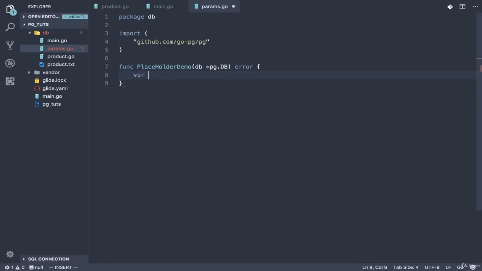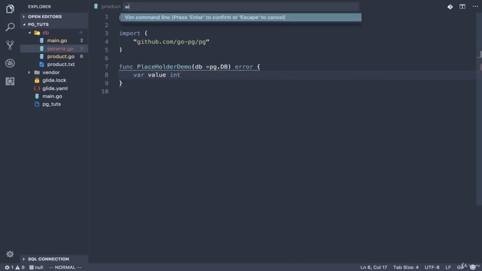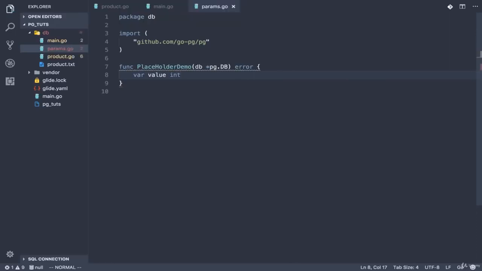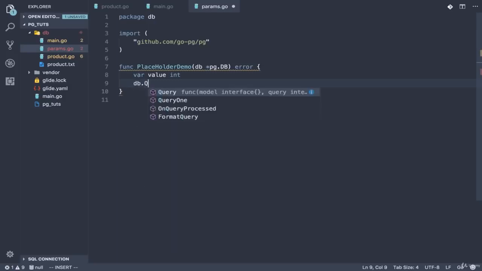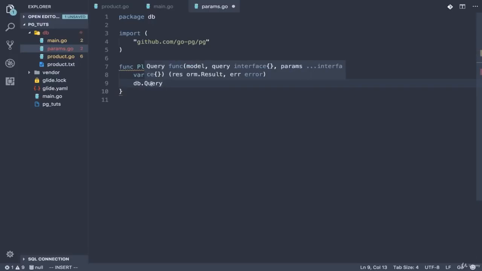Now we will have some value that we would like to get scanned. Okay, so what essentially is happening, we'll do some query, and whatever that query will return, we'll actually put it inside this. So let's just run the query, db.Query. Let's see the signature of this. This query is a function that takes a model, and a particular query, and whatever input parameters you're giving, and it will give you result and error. Result we don't care because it will give you number of affected, and this error, yes,